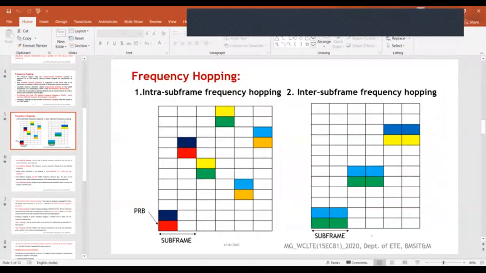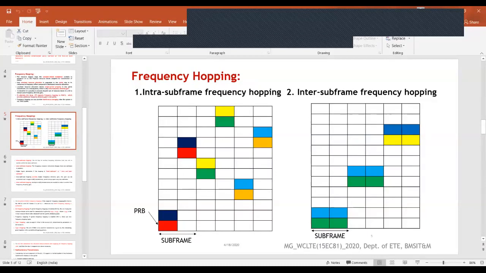So what is this intra subframe frequency hopping? Here I have taken one example to indicate what is intra subframe frequency hopping and what is inter subframe frequency hopping.